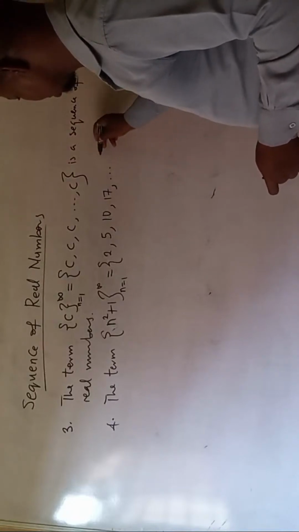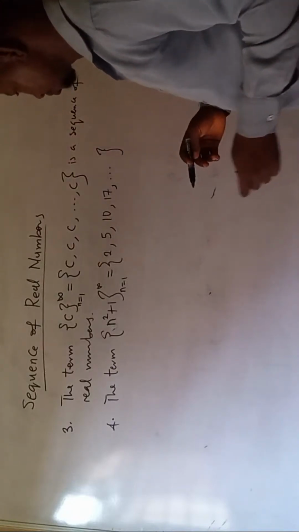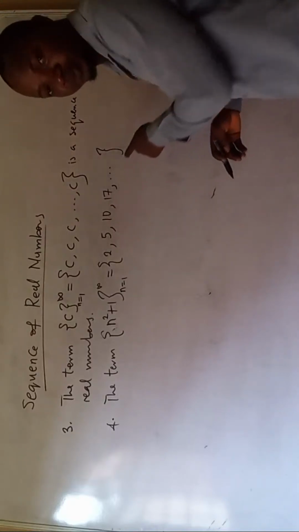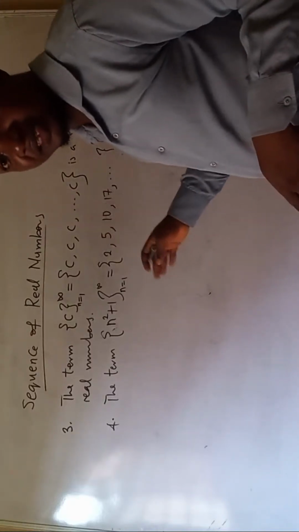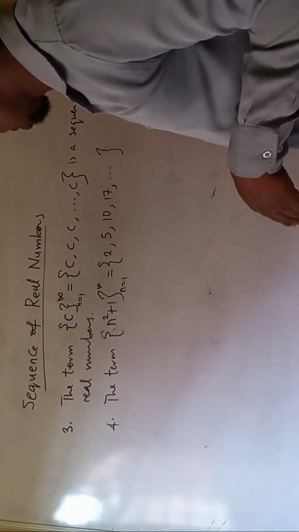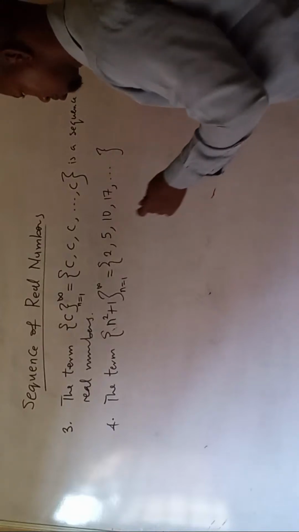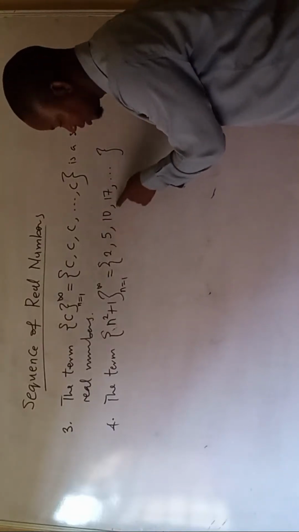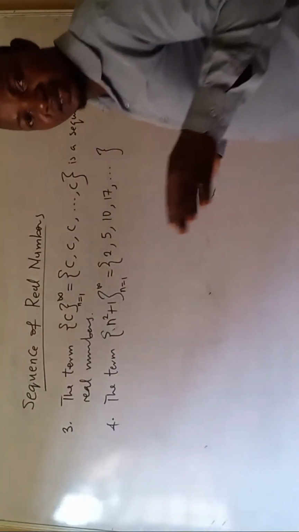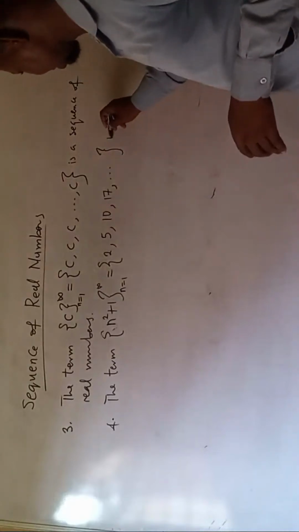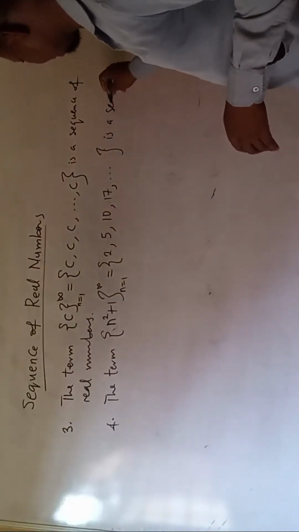okay? Now, if you are looking at this number, you see it is going up, that is, it is increasing. This type of number will eventually diverge. It will have more n, okay? But where we are going is the result we are getting can be found in the set of real numbers. And because of that, this is a sequence of real numbers.